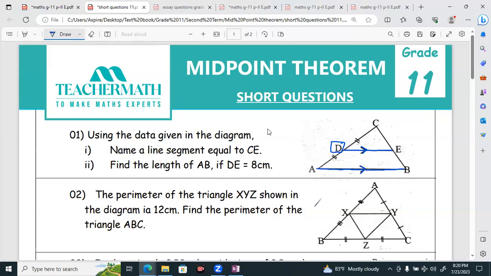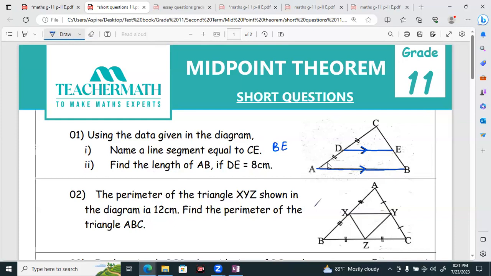Therefore this belongs to the converse of the theorem. Then what is the line segment which is equal to CE? EB. Yes, it is equal to BE